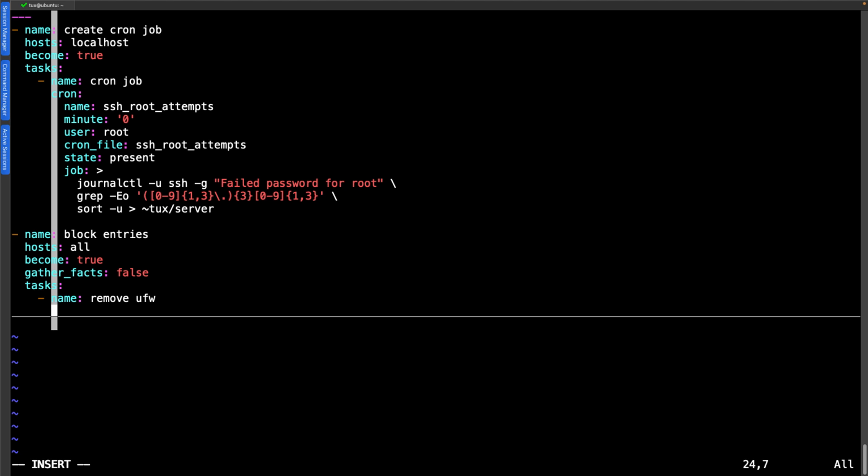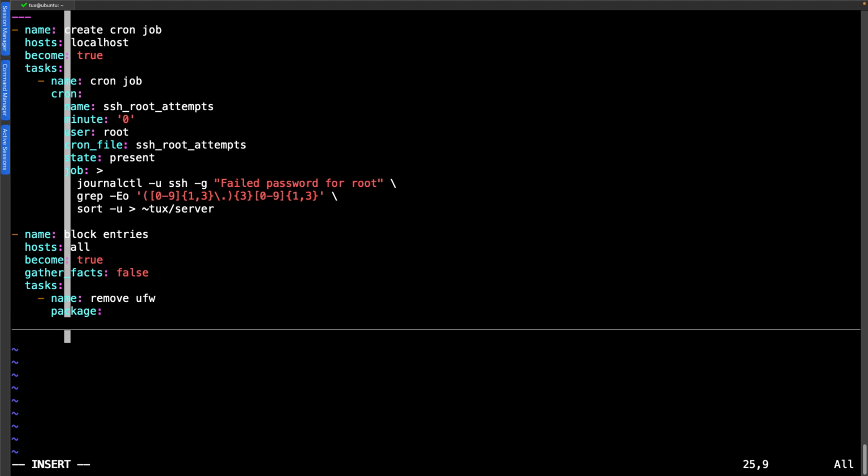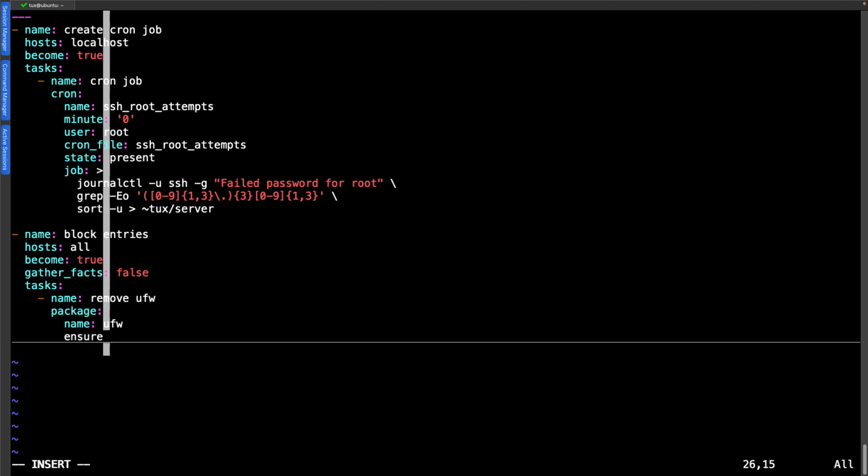UFW is going to be the default firewall on our Ubuntu systems, but we want to make sure that it is removed. So we can then go through and specify to use the package module. And we can specify the name is UFW, and we can ensure that it's absent or not installed.